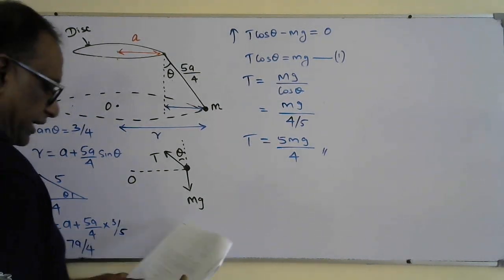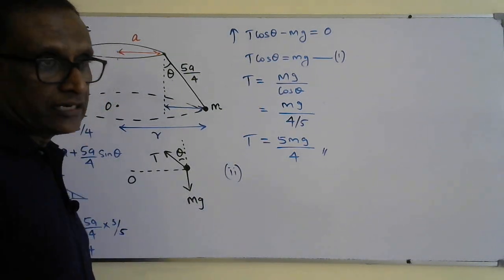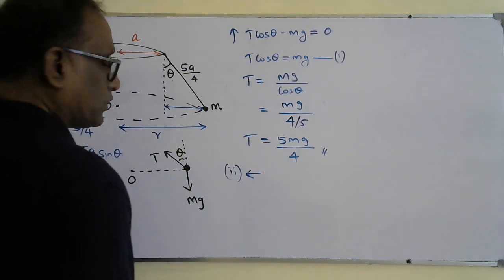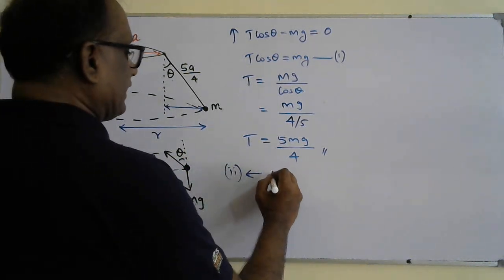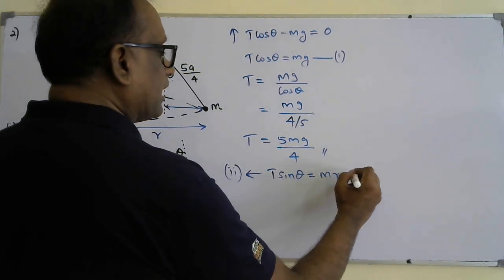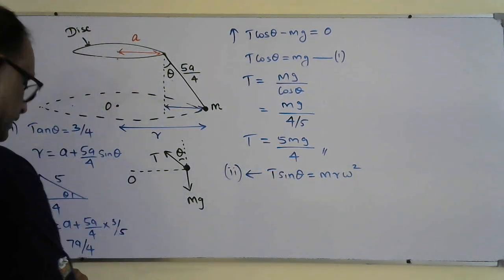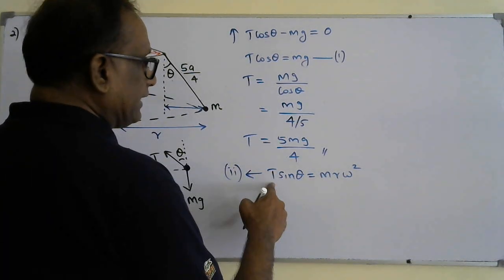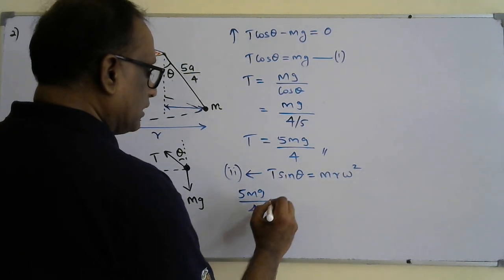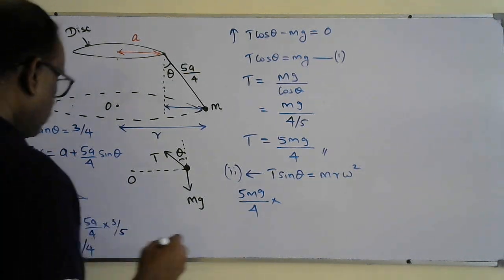Okay, second part they asked to find the omega in terms of a and g. For that we'll use the centripetal force. The resultant force towards the center, that is T sin theta, is equal to mr omega square. We'll substitute T from the first part, R from here, and we'll find the omega square. T is equal to 5 mg over 4 times sin theta. We know that sin theta is equal to 3 by 4